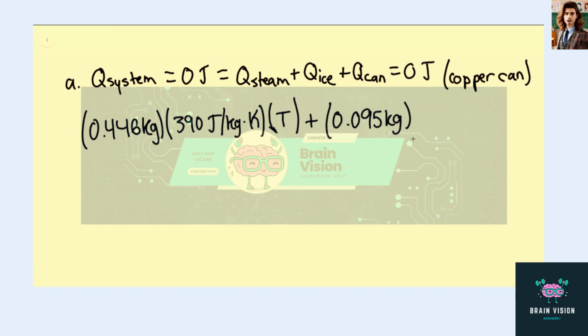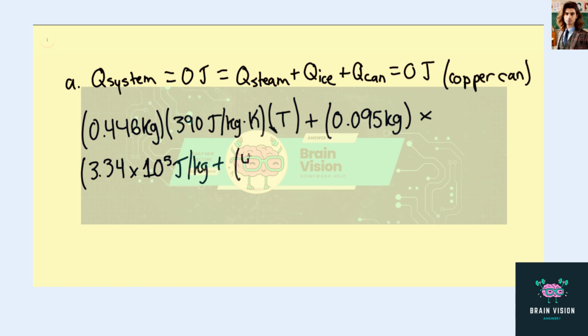So 0.095 kilograms times, I'll write it down here, 3.34 times 10 to the 5th joules per kilogram. That would be the latent heat of formation for water,